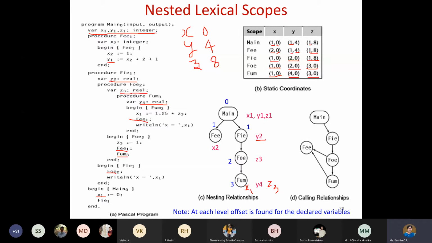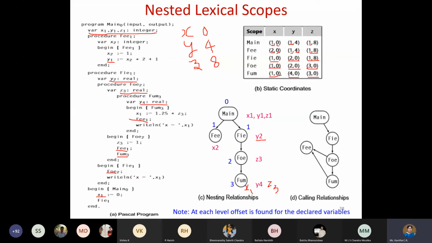Do you have any doubts? You can ask me, students. For this particular example, it is a very good example because we have nested structure, and you can easily find the scope of every variable used within the procedure. When it is redeclared, you can change the scope and you can increase the level number if it is nested. And also you should maintain the offset because it's very important to have the offset. Anytime if you want to access something, then it helps.